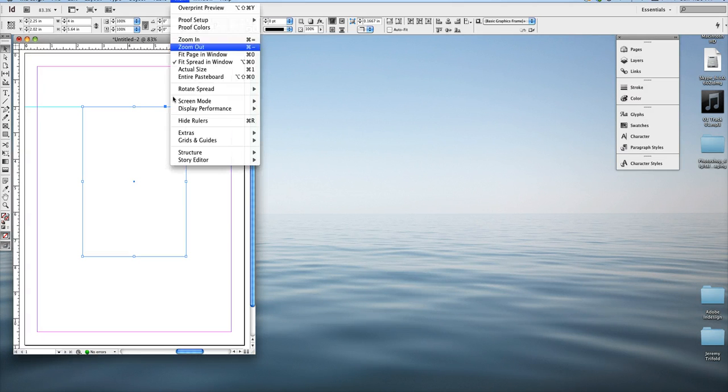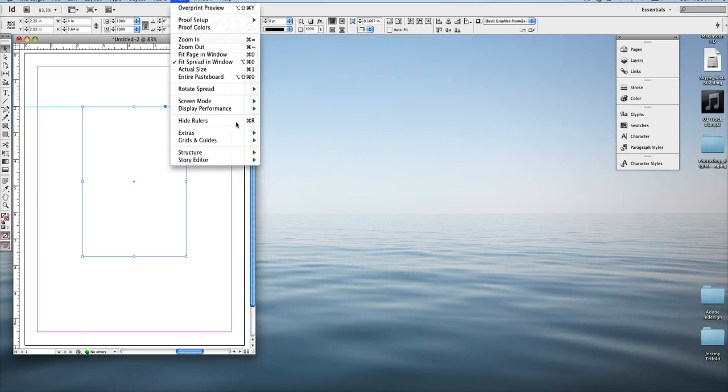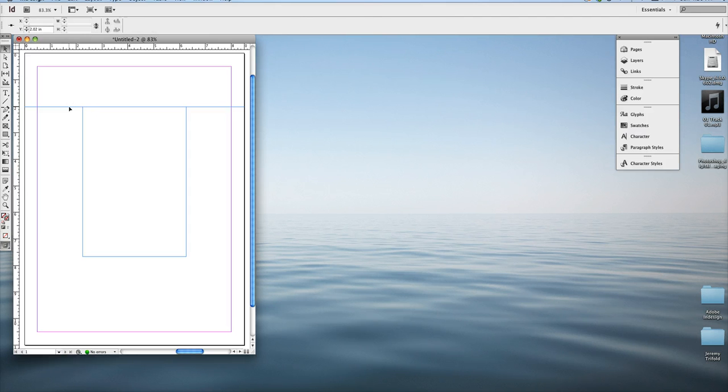I think that's an option under View too, Snap To, under Grids and Guides. Yes, I have that checked: Snap to Guides, Smart Guides, Lock Column Guides. So there are a lot of guide options, but this is what a guide is. It's just a non-printing line or rule that you can align objects to, to make things easier so that they all line up, and to a very specific point, because you can actually choose where you want that guide to go. So if I click on the guide, and you have to make sure it's selected, right now it changed colors when I clicked on it. It says 2